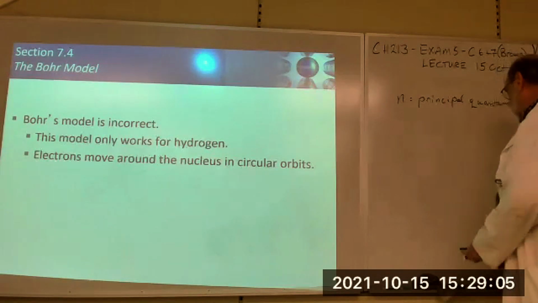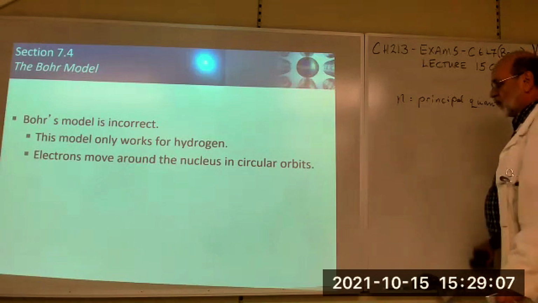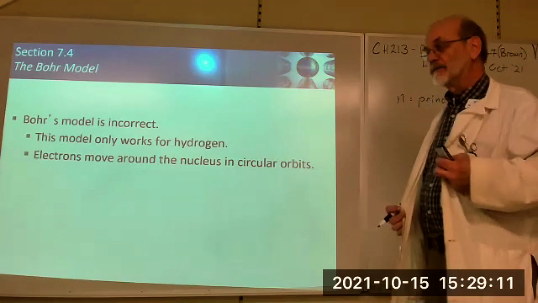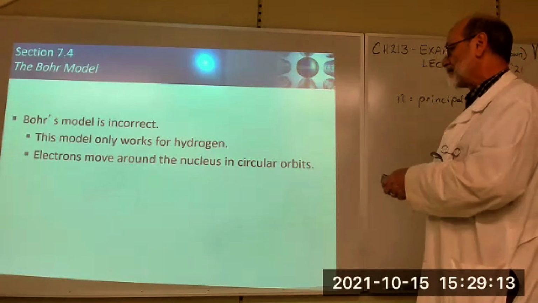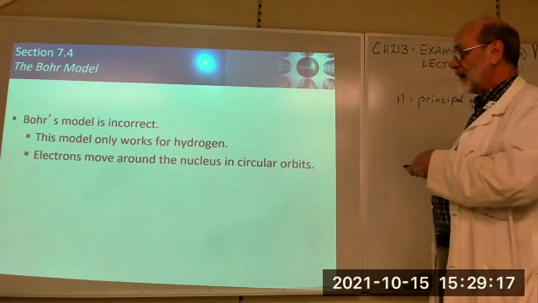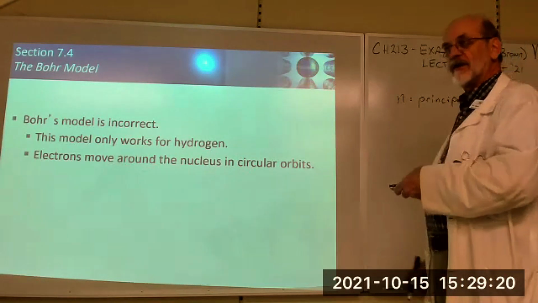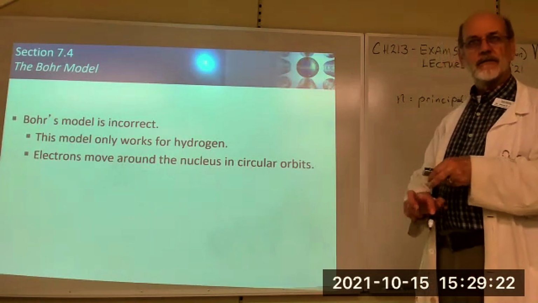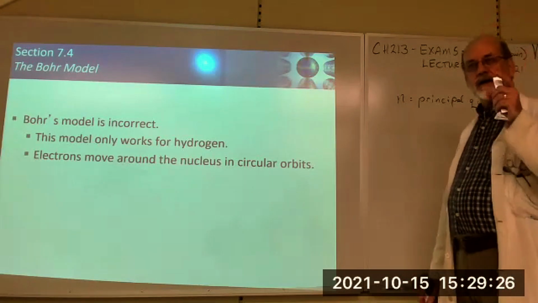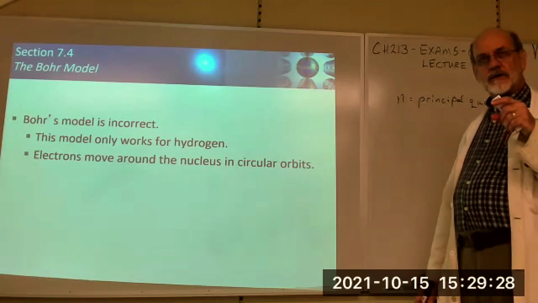Okay, the problems. I've already mentioned one problem with the Bohr model: it only works for the hydrogen atom. And the other problem we've discovered is that electrons do not move around the nucleus in circular orbits. And one of the reasons we know that is, if that were true,